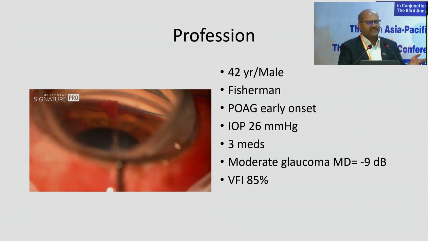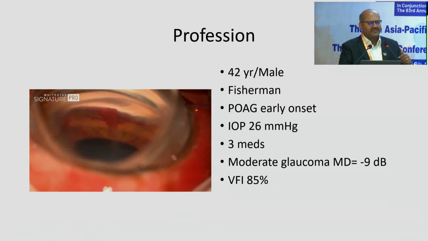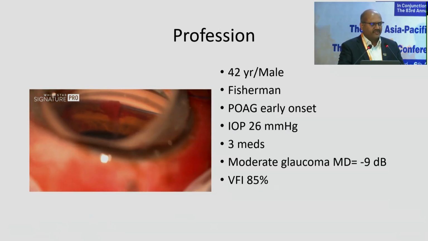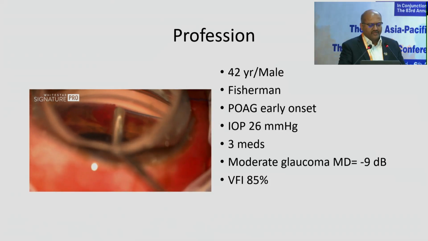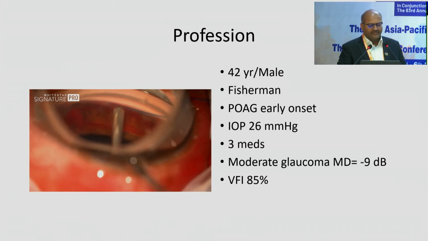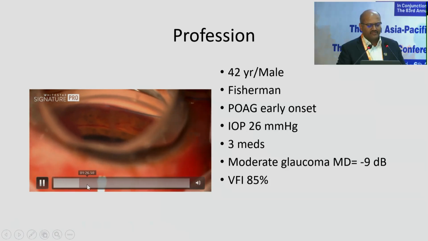So if it's a very advanced pseudophakic glaucoma, I would use a 60. If it's a very early presentation, I would use a 50, because you can accommodate that big suture. So introduce the suture, and there's, of course, as you know, a lot of regurgitant blood, reflux blood, and then you have to do this multiple times and make sure the suture comes out